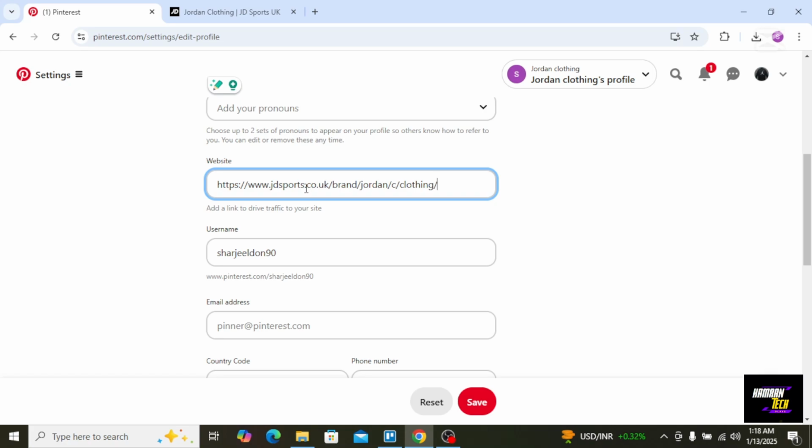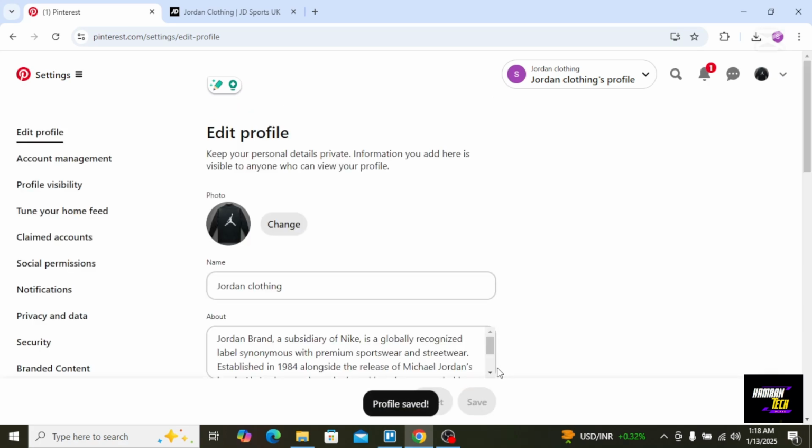And you will create niche specific boards. Focus on topics that align with your personal brand, name boards with keywords your audience might search for, and organize and update them regularly. You will also pin high quality branded content designed using tools like Canva. Add your logo or website link to images,